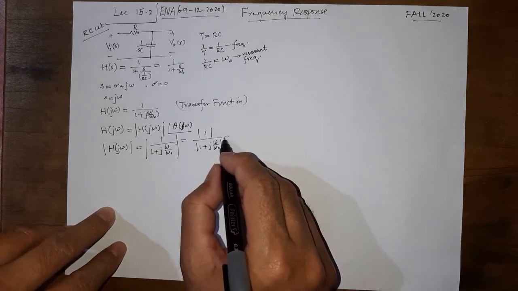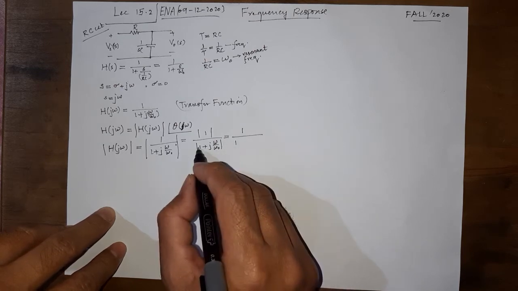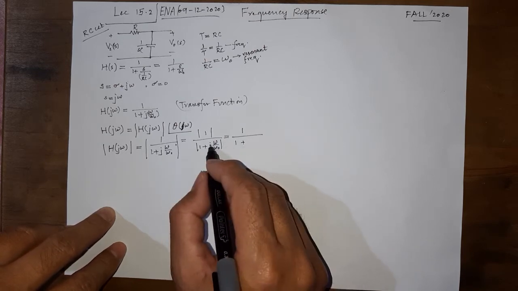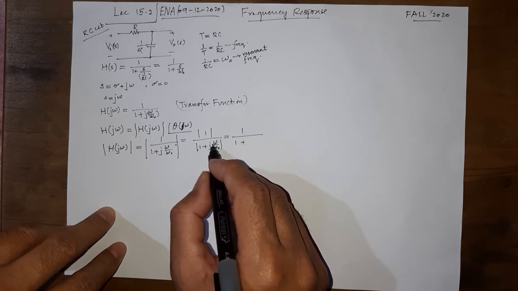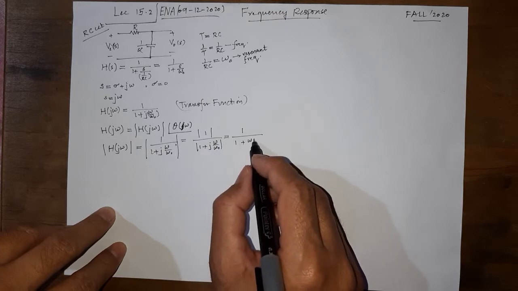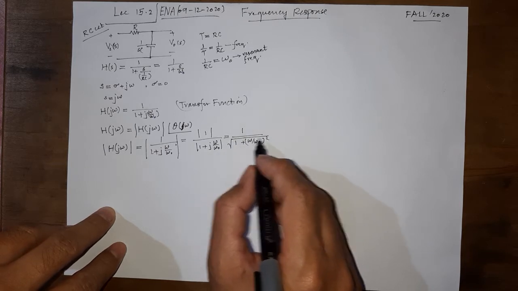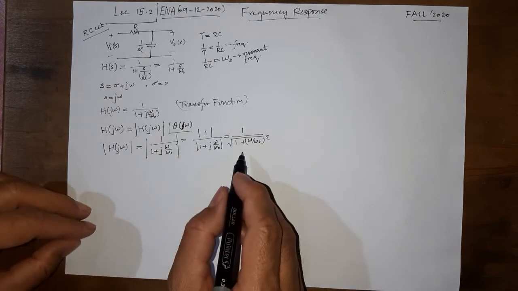Now this is a real number, its magnitude is the same, 1. This is a complex number, its magnitude is the square root of 1 squared plus the imaginary part squared, omega over omega naught squared. So this is the magnitude